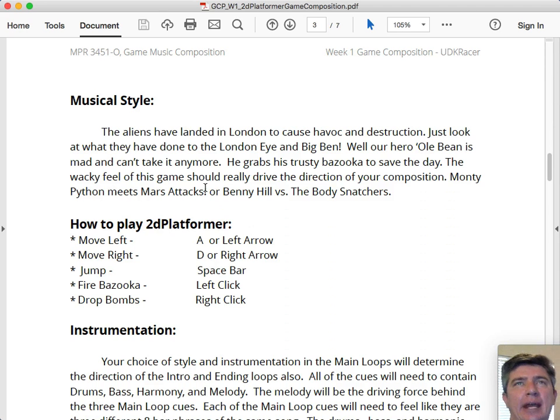Musical style, again, I leave it kind of open overall, but I do have some ridiculous suggestions like maybe Monty Python meets Mars Attacks, or Benny Hill versus the Body Snatchers, where it's a little bit of that British influence, and also the kind of campy sci-fi. It's certainly not serious by any means. Like I said, lighthearted, zany, wacky, all ages, family friendly, but it can be in any genre overall.